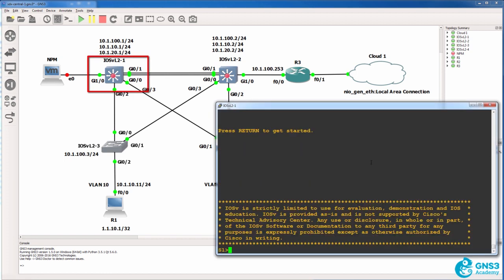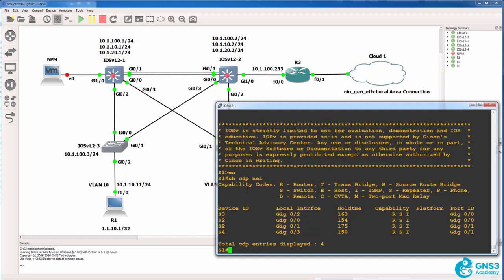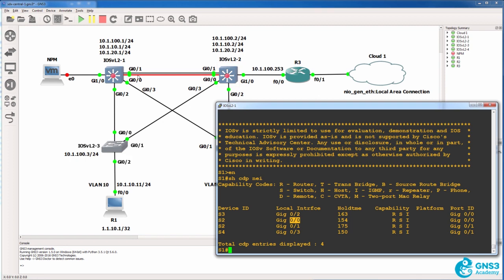Here's switch 1. Type enable, show CDP neighbor. In the output, we can see switch 2, switch 3, and switch 4. Switch 2 is connected on 2 ports, gigabit 0/0, this local interface, as well as gigabit 0/1, this local interface. Switch 2 is using gigabit 0/0 to connect to our local interface gigabit 0/0, and that's true in our GNS3 topology. Gigabit 0/0 on switch 2 is connected to gigabit 0/0 on switch 1,